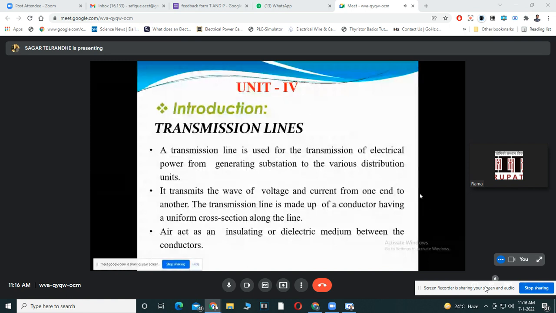That is, we can say that a transmission line consists of twisted wires, twisted cables, thus making it inductive in nature. Thus we can say that the transmission line, whole and soul, has a capacitor as well as an inductor.